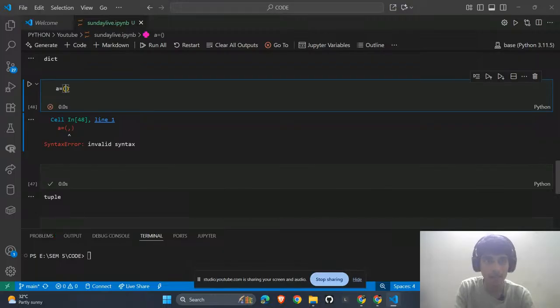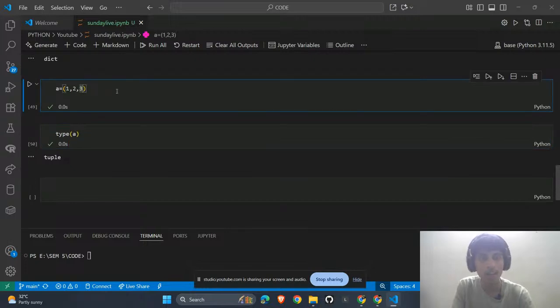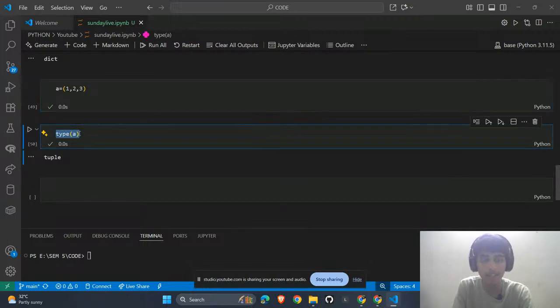So if we want to make a set out of it, we have to call the set function. We know that. So if I put 1 2 and comma 3, it is a tuple here. And if I print the type of A, yeah, it is a tuple. What will happen if I try to append anything? We know that a tuple doesn't have an append function like a list, but